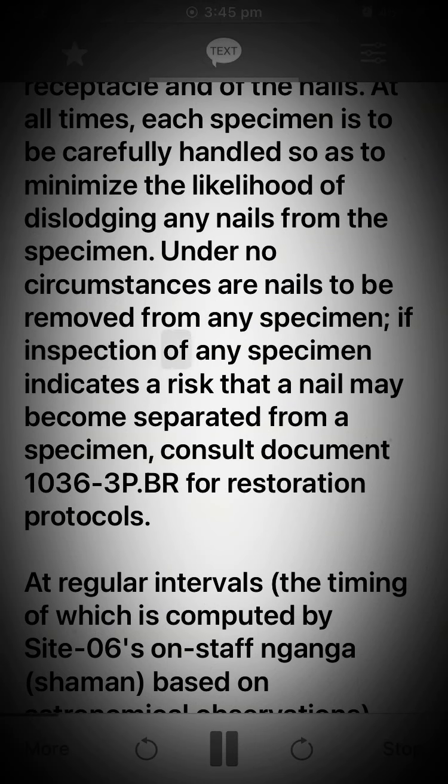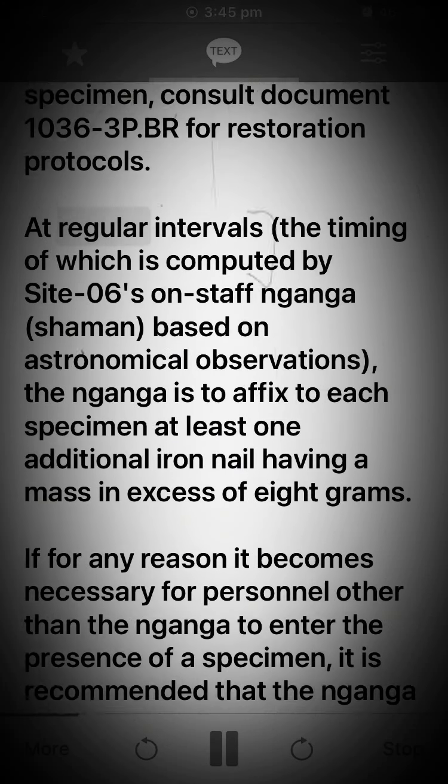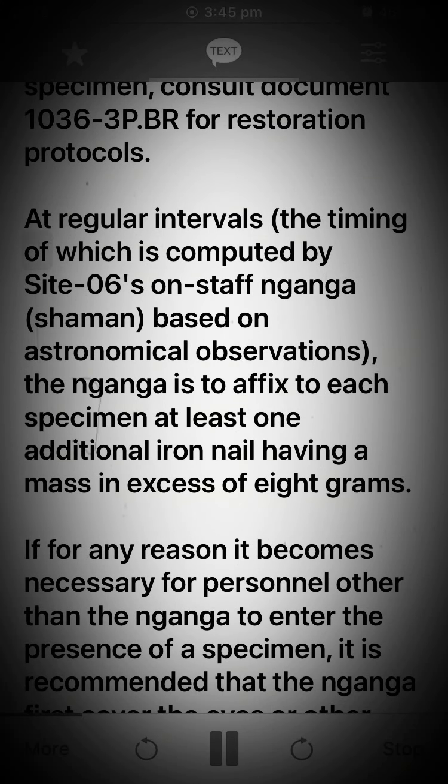If inspection of any specimen indicates a risk that a nail may become separated from a specimen, consult Document 1036-3 PBR for restoration protocols. At regular intervals, the timing of which is computed by Site-6's on-staff Mganga, shaman, based on astronomical observations, the Mganga is to affix to each specimen at least one additional iron nail having a mass in excess of